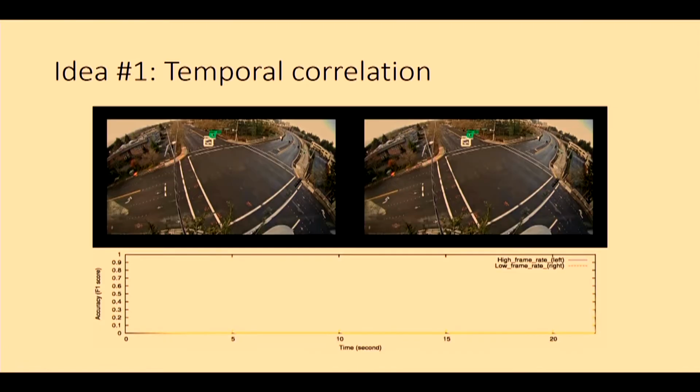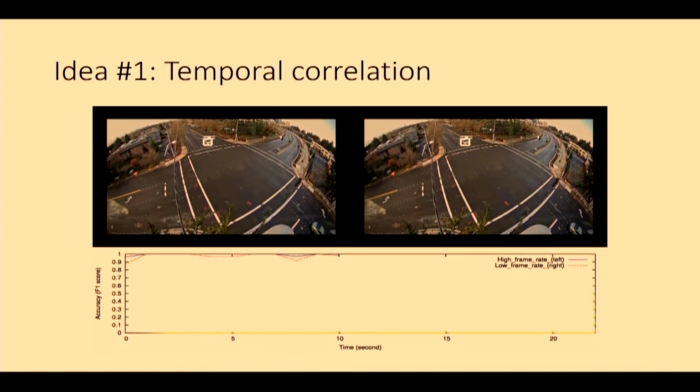So as an example, we can look at our demo video, right, where this is what it looks like at 0 seconds, and then this is what it looks like at 10 seconds. And throughout this process, not much has changed. Okay? So you can imagine that a good configuration that you picked in the beginning would probably do fine for those first 10 seconds. Okay? So that's a temporal correlation idea, very simple.